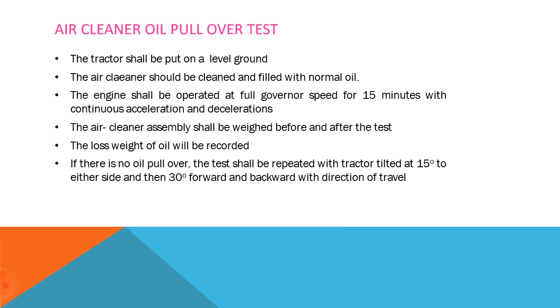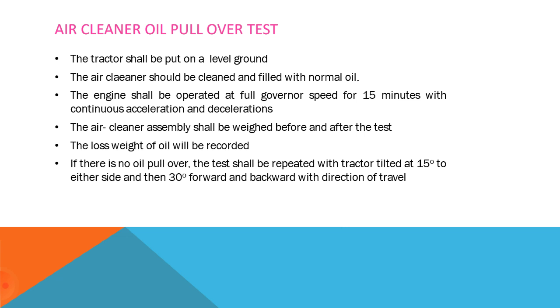Next is the air cleaner oil pullover test. In this test, first we take the tractor to level ground. Then the air cleaner should be cleaned and filled with the normal cleaning oil. Then the engine should be started and operated for almost 15 minutes at full governor speed with continuous acceleration and deceleration. Then we may or may not notice some oil spilling over from the air cleaner. If oil has spilled over, we can weigh the oil in the air cleaner before and after the test and note the weight difference,